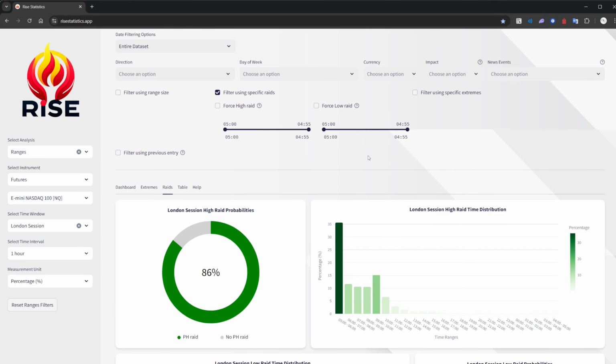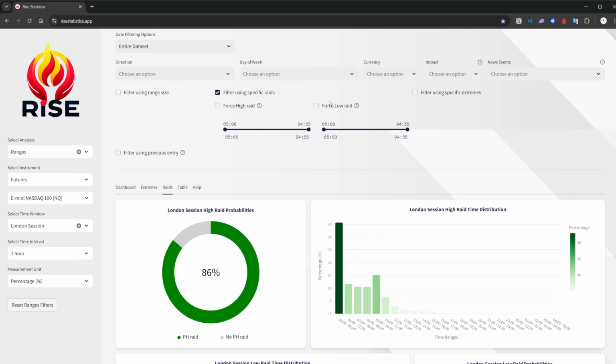We're going to be focusing on what I call the London RAID framework. Now, what is that? Well, it is when between the 5 a.m. and 9:30, so between the end of the London kill zone as we see it, 5 a.m., and the start of regular trading hours, so the New York opening time, we take out one side and leave the other one open. We have a statistical probability of reaching the other one during the New York session. This is what we want to see.